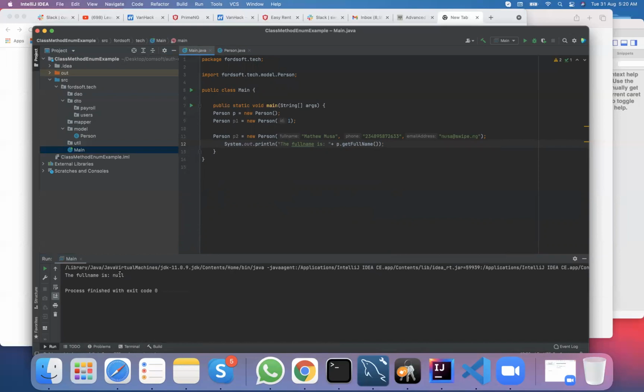You see, the full name is what? Is null. The reason is we have a constructor without argument. We've not passed any parameter into this constructor. Likewise, if we decide to go by the second one, so out